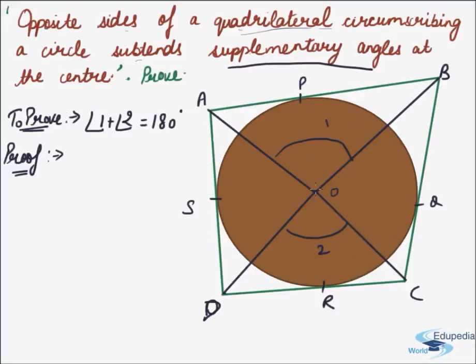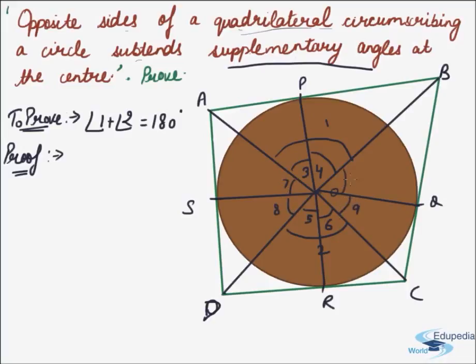Now let us join the center with the touching points. Let us label the new angles formed. Clearly, angle 1 is further divided into 2 angles. Let these angles be 3 and 4. Similarly, let angle 2 be divided into 5 and 6, and the remaining angles formed be 7, 8,